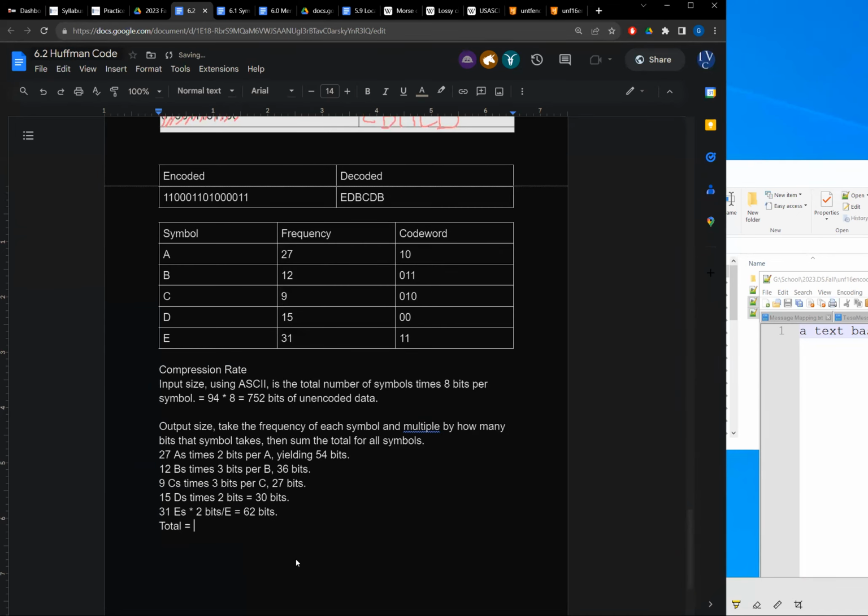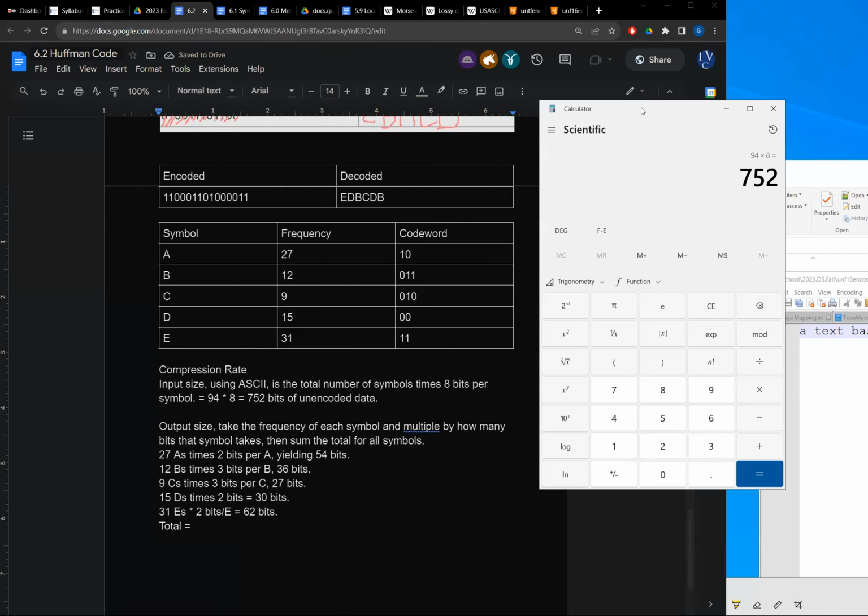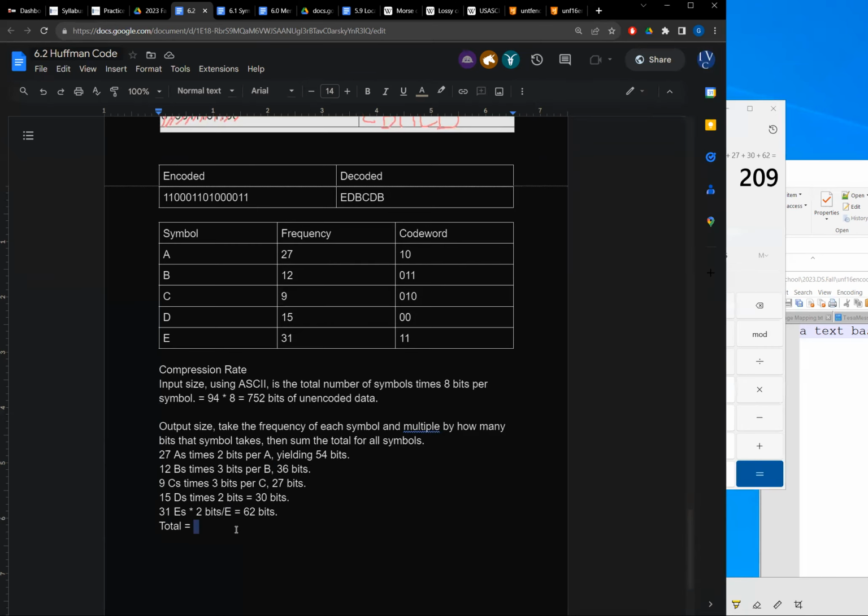Here's our total. Definitely cheat with the calculator. 54 plus 36 plus 27 plus 30 plus 62. Let's try that again, since I hit the wrong key. All right, 209. Double check my data entry skills. 30, 62. Right, so we have 209